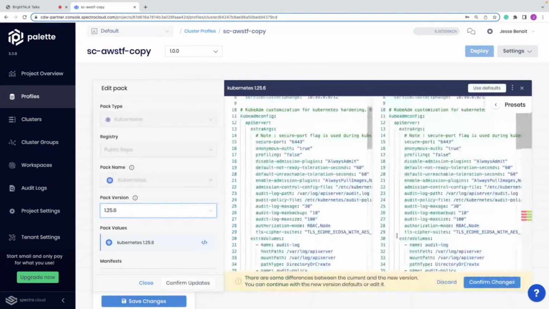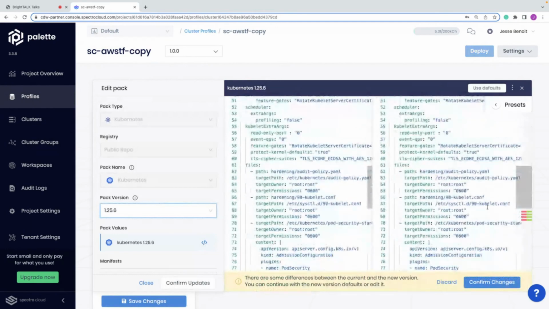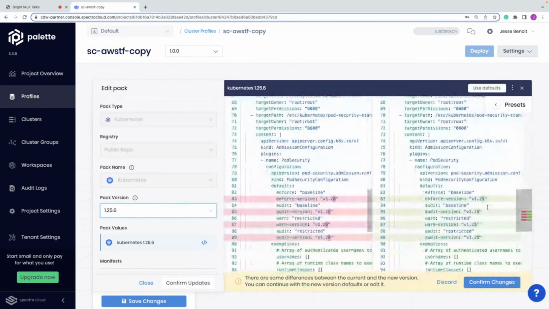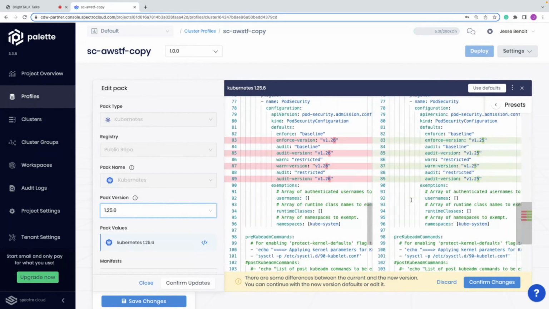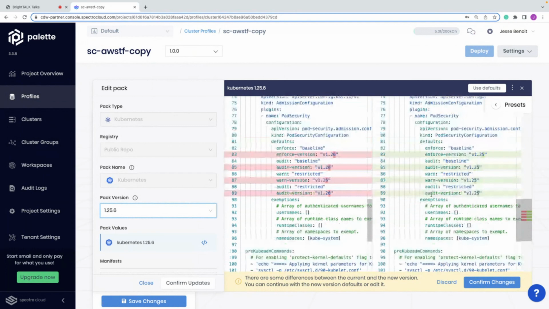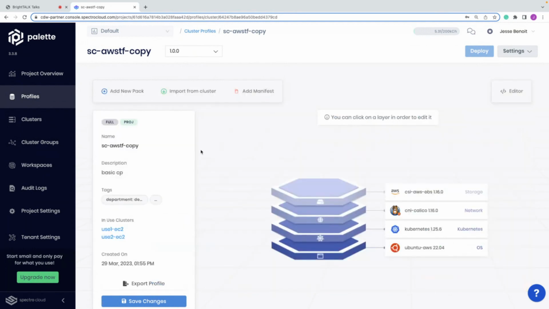Well, when I come up and I see these changes, I'll have some information. Oh, well, are you sure you want to make that change? This version of code uses these parameters in the old version. If I had, for example, configured OIDC here, and then I tried to switch these versions, it would identify, say, hey, these changes you're making in red will be removed. These changes that you're making in green will be added. And the changes in yellow are being modified. So then you have the ability to approve those changes, or you can say, hey, no way, there's no way that I'll do that.